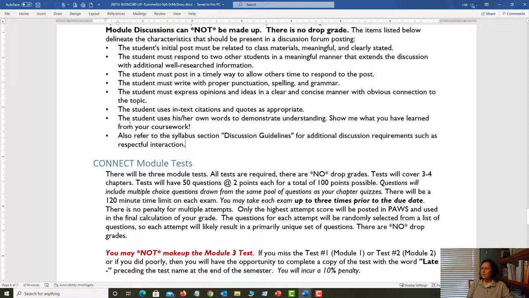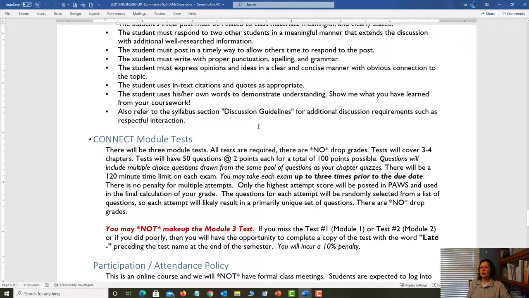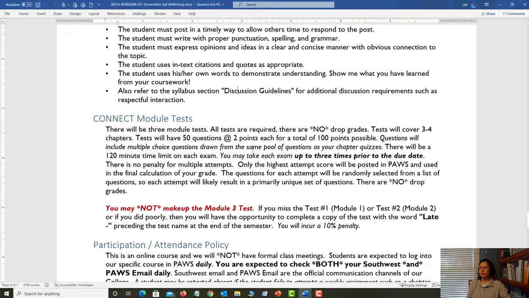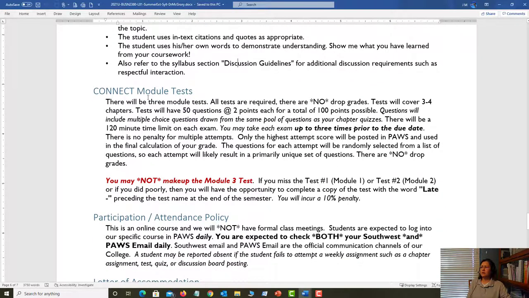All right, let me try to get through and wrap this up a little bit. Here, this is it. As a student, show me what you've learned. Don't assume I already know, as people say, "Oh, well, Dr. McGrory, you know that." Well, that's not the point. You're being assessed on your ability to demonstrate what you've learned. So that's what you're going to do. Of course, follow all the discussion guidelines, be respectful, that type of thing. And they're in the syllabus.